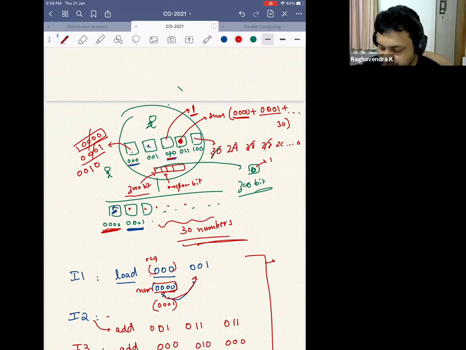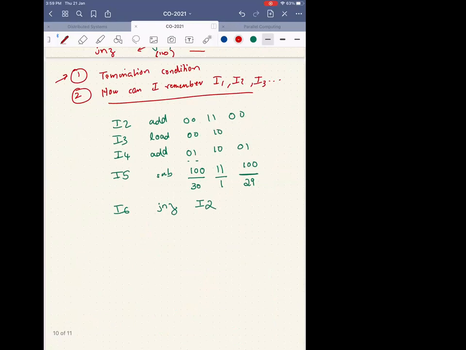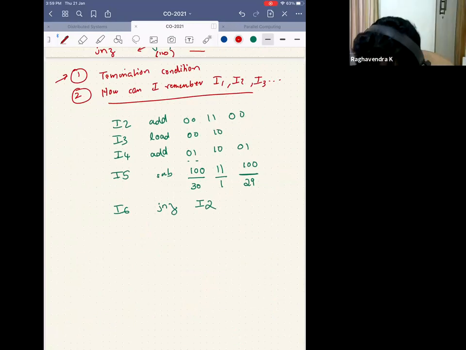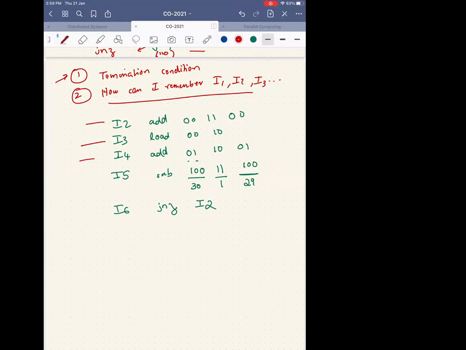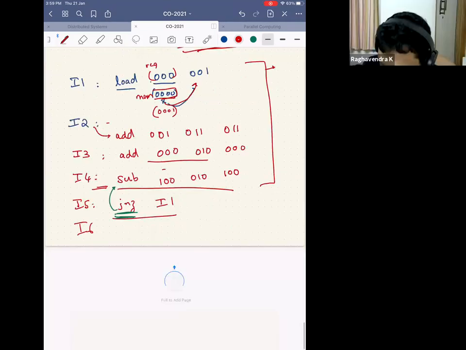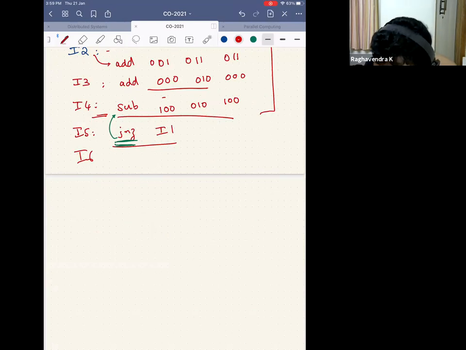So what did I initially say? I said I will give I1 followed by I2 followed by I3 followed by I4. I said I will give him one instruction after the other. But now I am saying I will give one set of instructions. Do you agree? Yes, sir. So when I started my design, I said I will give I1, and after he finishes I1, I'll tell him, first you sleep and then you wake up. After he wakes up, I will tell him eat breakfast, and after he finishes eating breakfast, I will say watch TV.